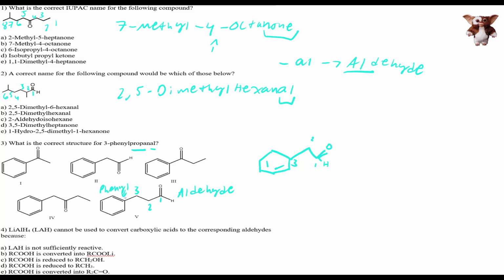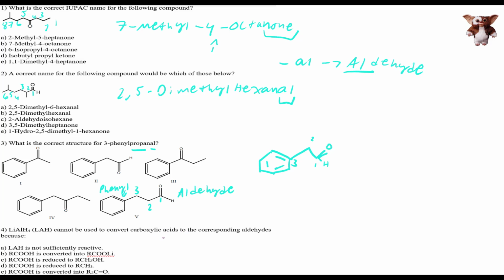Here's our phenyl group right there. And that is the correct answer choice. Oh, there we go. So again, phenyl is just a benzene ring directly attached to a carbon structure. Okay? So, not bad. Now, lithium aluminum hydride cannot be used to convert carboxylic acids to the corresponding aldehydes because